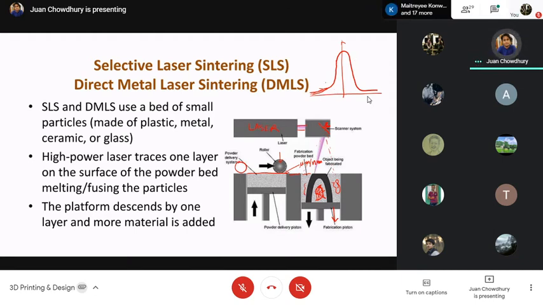Of course, you can revolve this object and then imagine the 3D space that will be affected by the laser. So the idea is to develop as